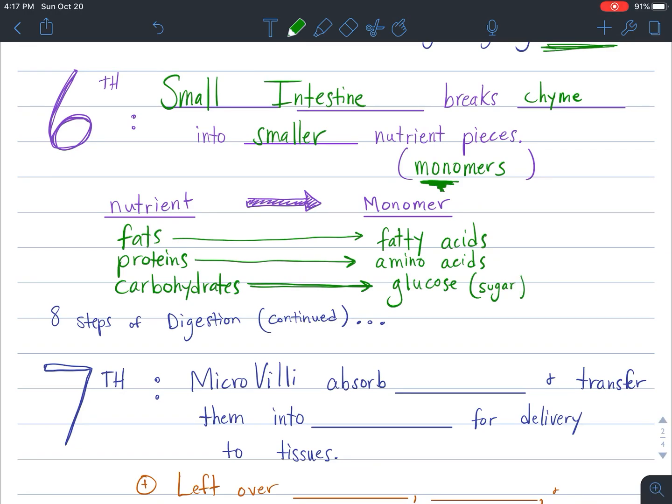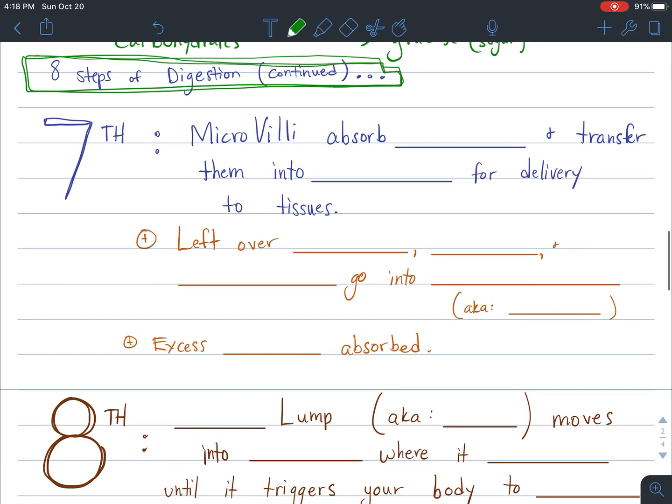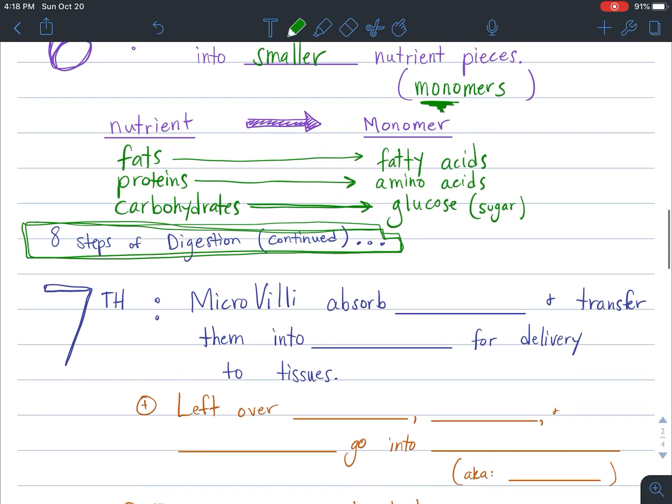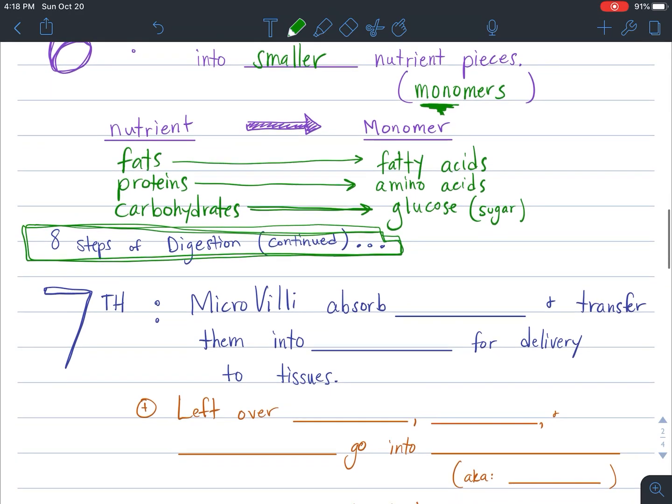Okay. Well, like I said, my last 2 steps are on a separate page. So wherever you need to turn the page to add the last steps, make sure you add a little mini title to your page that says the 8 steps of digestion continued. Okay, anyway, after the 6th step, nutrient chyme gets broken down into smaller pieces, monomers,